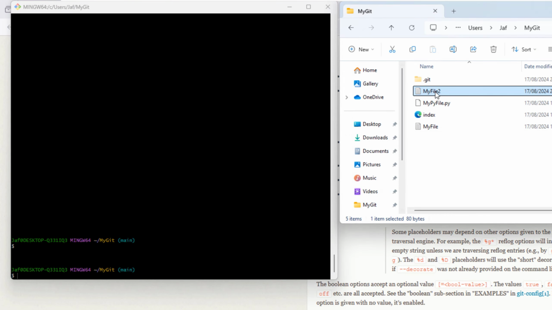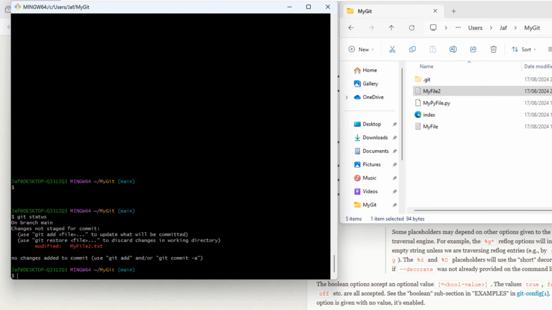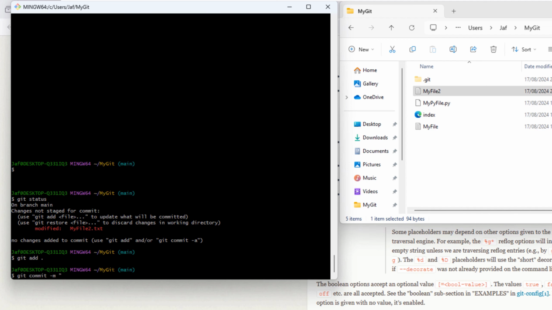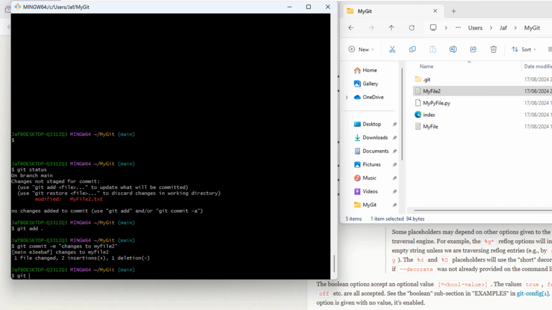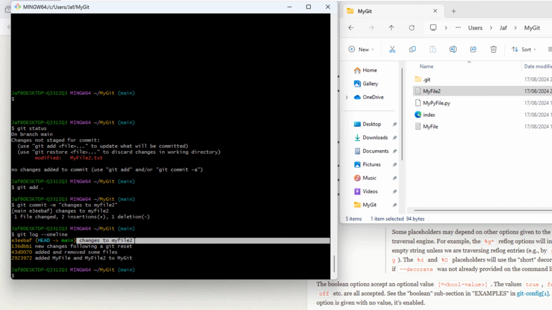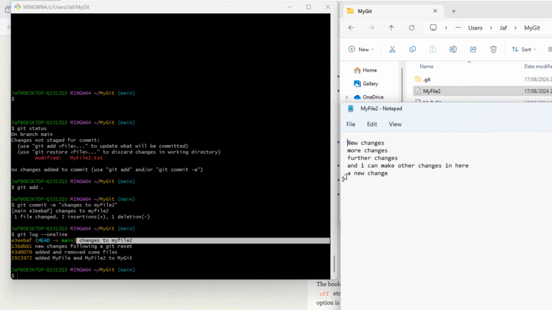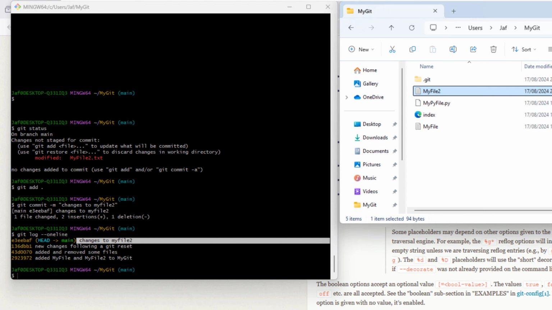Now the last one we wanted to have a look at is the git revert. So again, if I make some changes here, save changes and have a look at our git status, I can see my file 2 has been modified. So let's do a git add and a git commit changes to my file 2. Now if we have a look at the logs, we see changes to my file 2 here. So that was this change over here. A new change. So we added this as the new change and we committed the change, which is this one